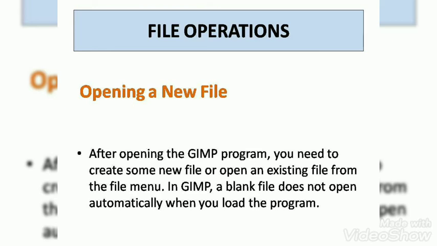Next I will tell you how to save a file. Very important, know how to save a file. For this, again we go to the File menu. You will get a Save option. You click on the Save option and a dialog box will appear. Then we have to do all the formalities: give a file name, select the format. There are different formats of image, I told you. Next is the location. You choose the location where you want to save your file, and then just click on the Save button. The file will get saved. So this is about saving a file.